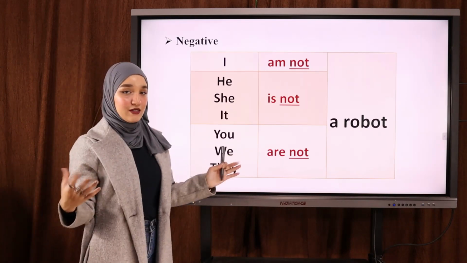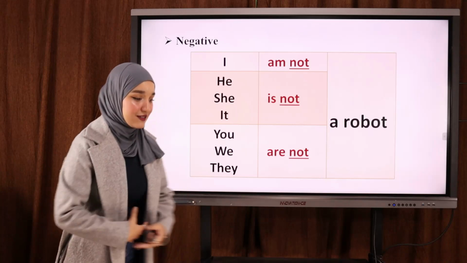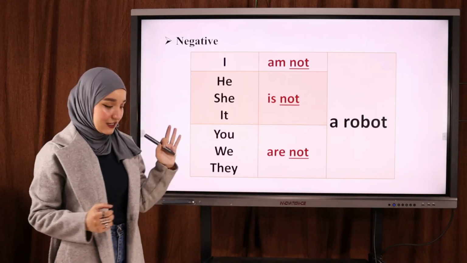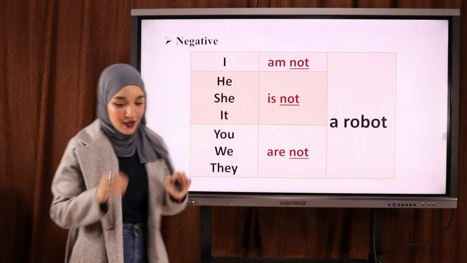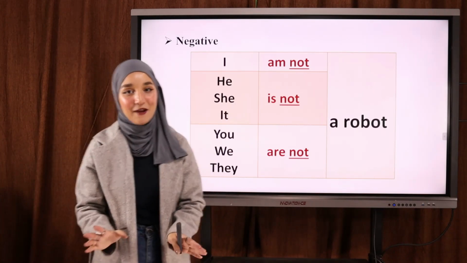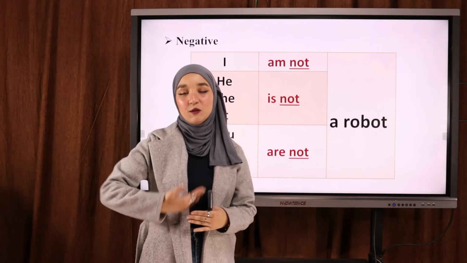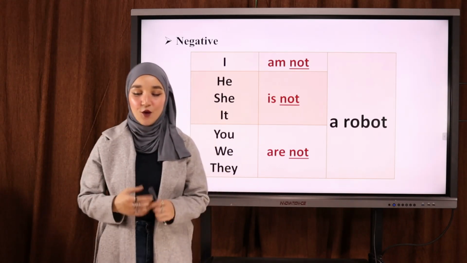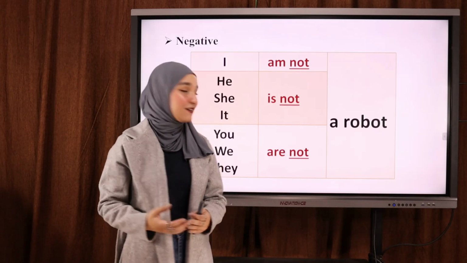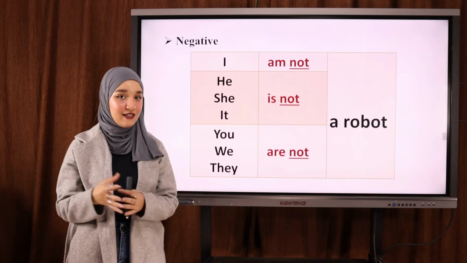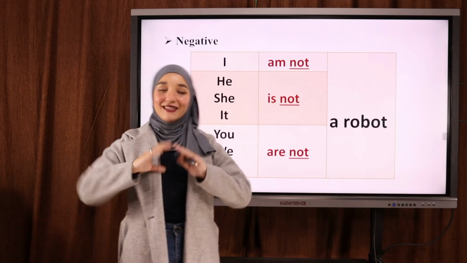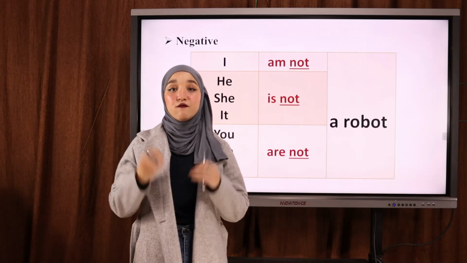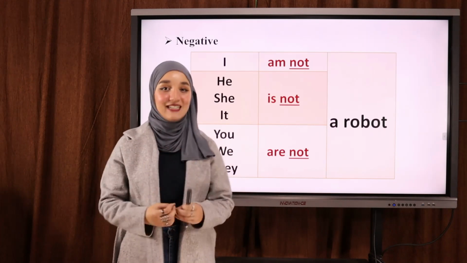The example is I am a robot, or I can say I am hungry. Now, before I explain the rule, I want you to understand something, okay? And you know, this has helped me a lot in my English learning, and I hope it will help you, okay? So in the English language, you can never form a sentence, you can never create a sentence